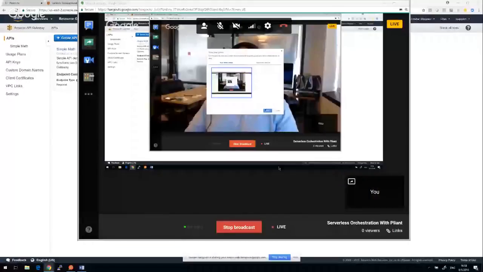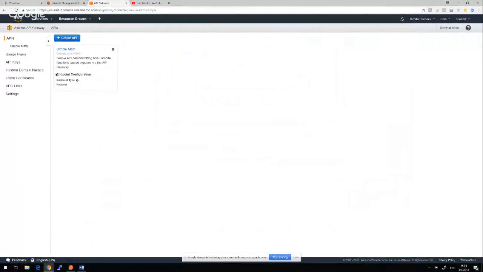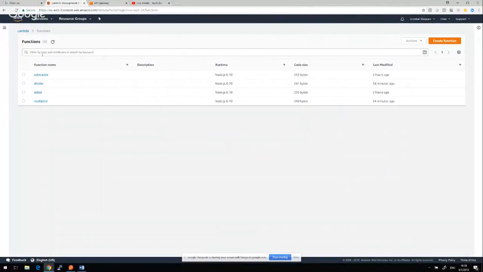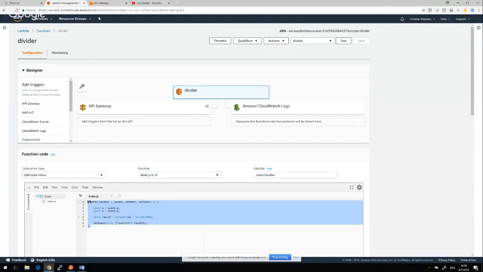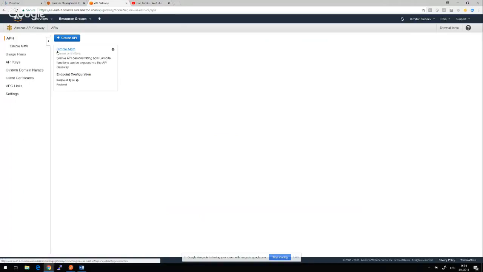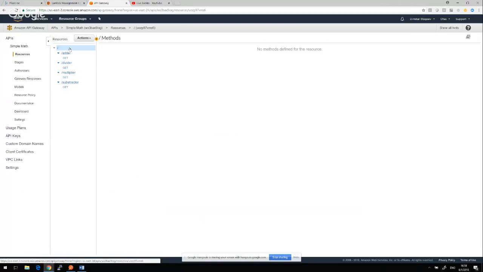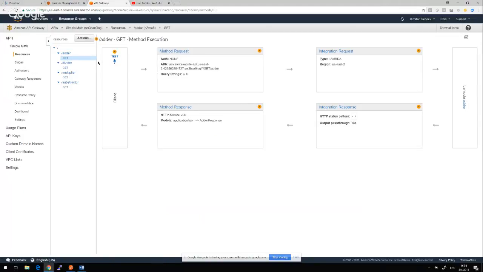So what I'm going to do here is share my screen. As we look at things, we can see the Lambda functions we built. Now, this is a demo, so we're trying to keep things simple. We have four functions: subtraction, addition, division, multiplication. For each one of those, we have built a tiny little piece of code. Again, we wanted to make it as simple as possible. And then we exposed it inside a simple API, with just one get method for each one of those functions, giving us an endpoint that we can